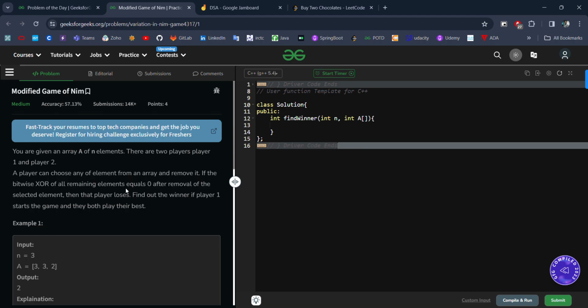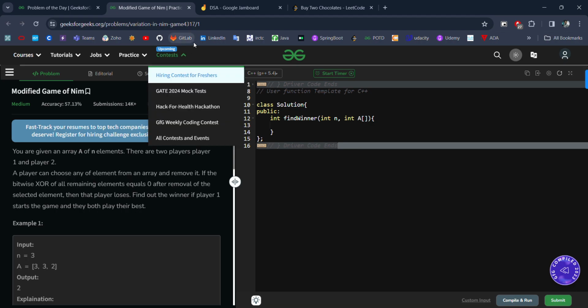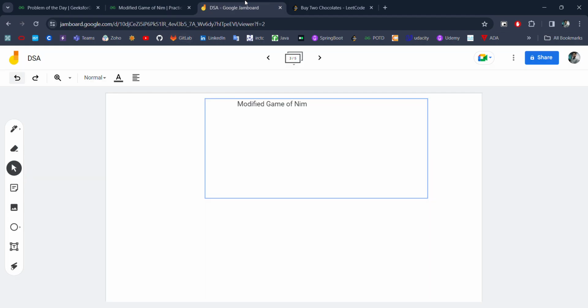Okay, first we understand the problem. Here we take an example: n equal to 3 and the array elements are 3, 3, 2.